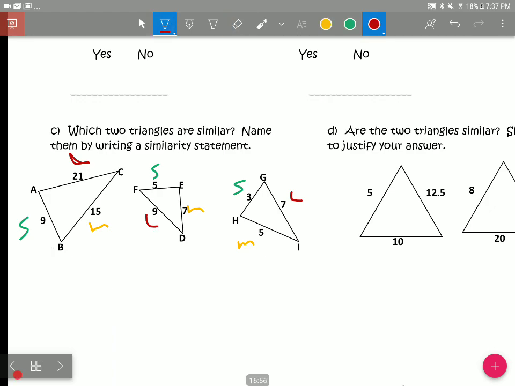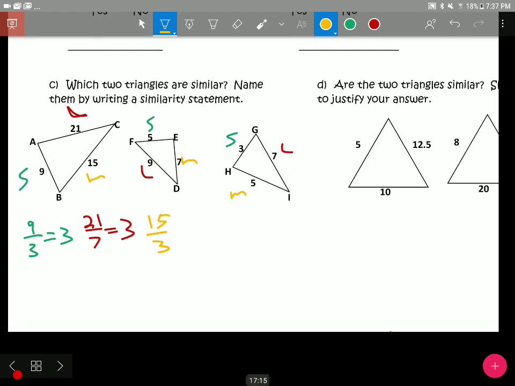So that would be 9/3 for this. Let's look at the small one first. 9 divided by 3 is 3. The 21 divided by 7 is 3. Let's do the middle one. 15 divided by 5 is 3. So we'll call these